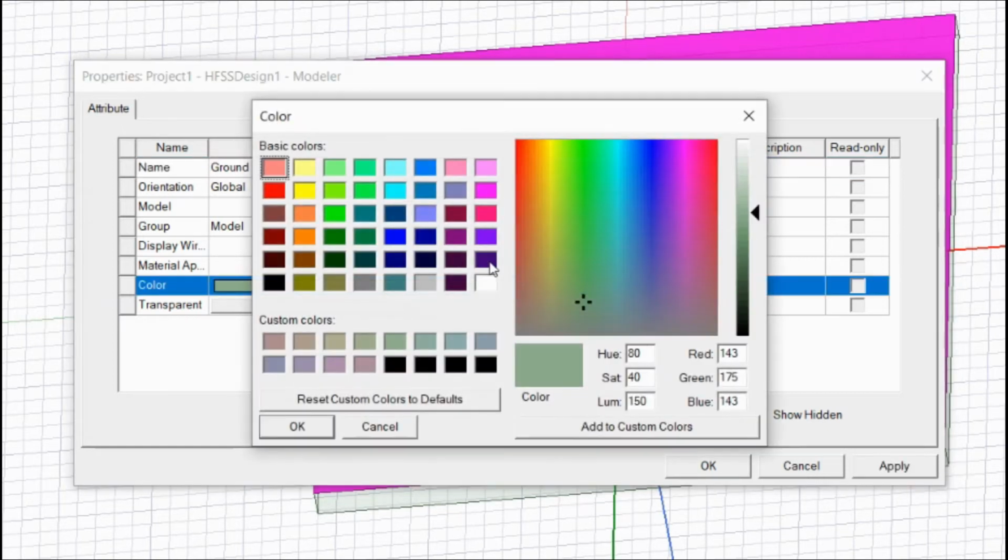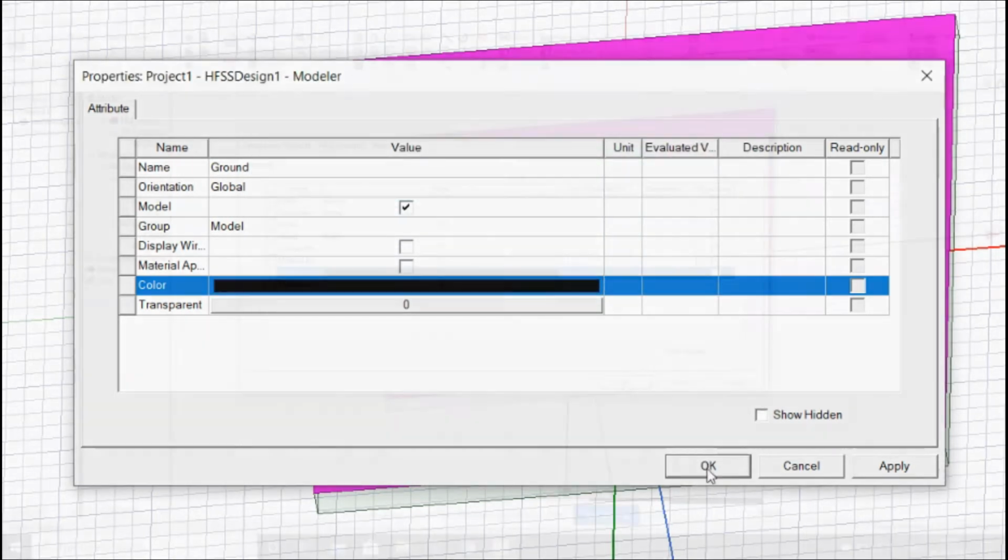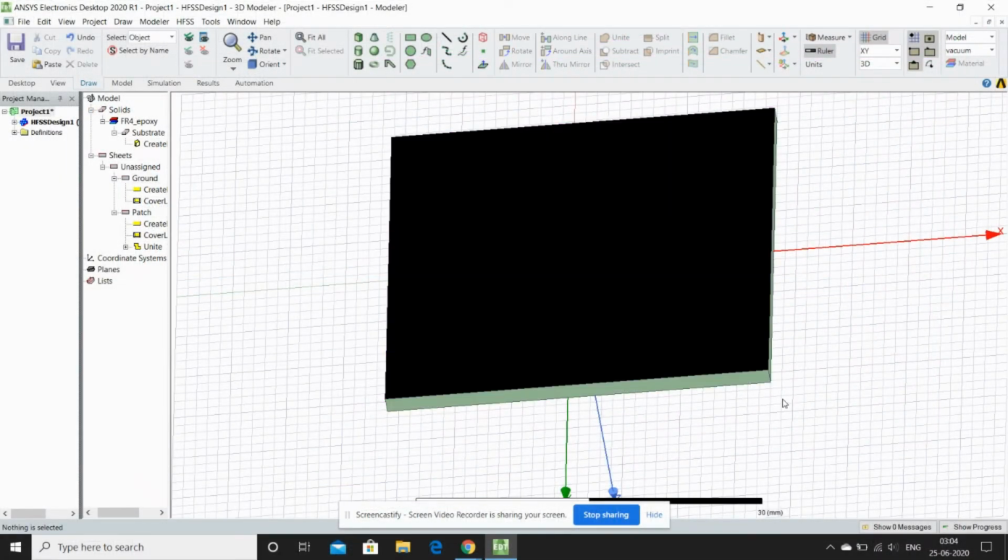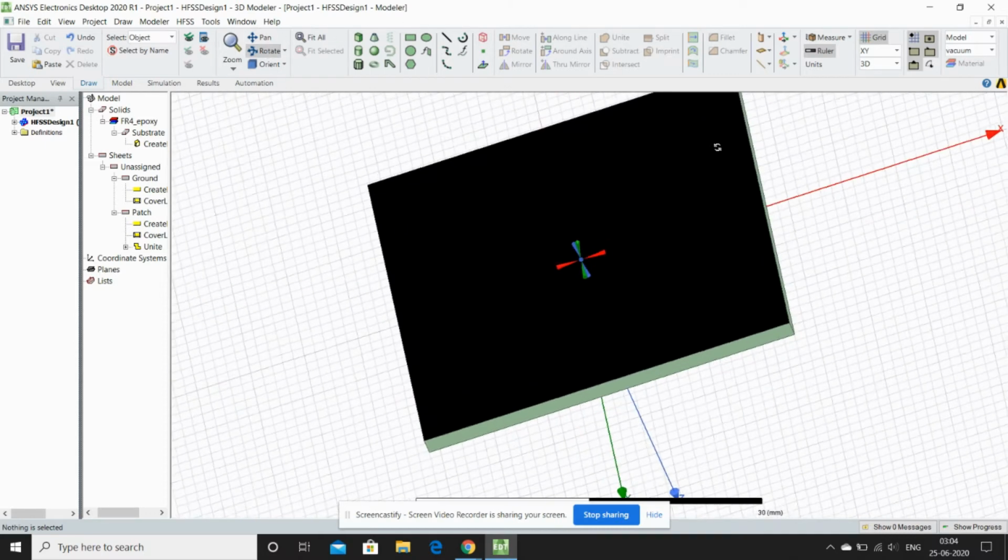As it is a ground, I am considering the color as black. You can consider your own color. So my ground is perfectly done. Then again rotate it back.